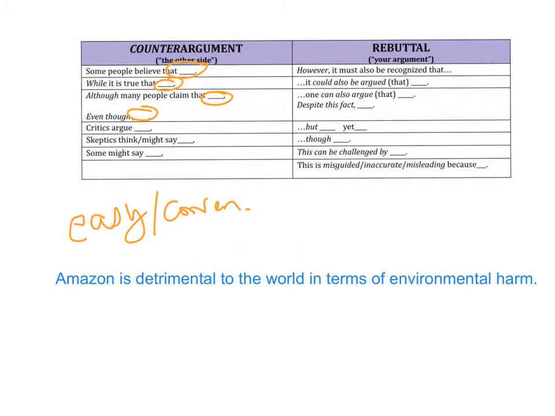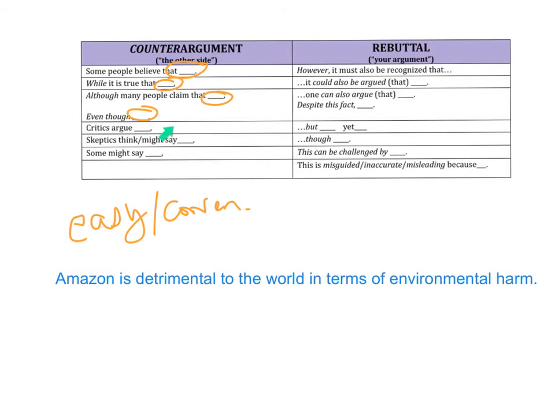Or I could say, while it is true that Amazon is easy or convenient, it could also be argued that Amazon is detrimental to the world in terms of environmental harm. So in these cases, I'm going straight across, but I don't have to. Let me give you another example. I could say